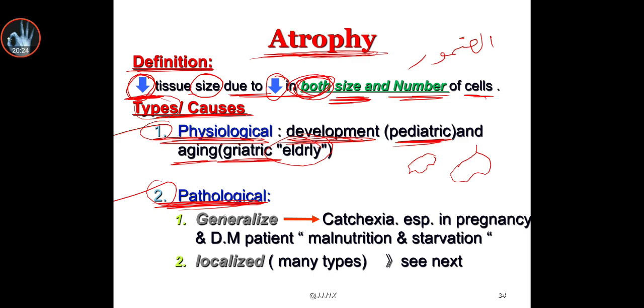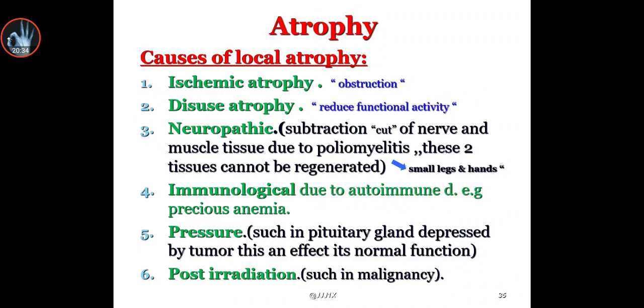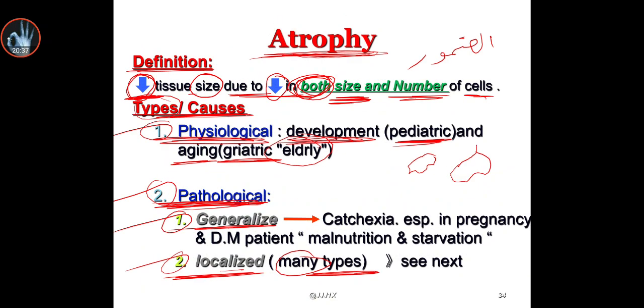Pathological, so there is a pathological cause. For example, we have generalized and we have localized. And for the localized, we have many types. We will talk about it on this slide. But now we will talk about generalized. As generalized, there are some conditions that lead to generalized atrophy. يعني بعض الظروف اللي بتؤدي إلى ضمور كامل في جميع جسم الإنسان، مثل الدايابيتس mellitus in patients due to malnutrition or starvation. يعني مرضى السكري بسبب سوء التغذية أو starvation، أو عندنا حاجة اسمها